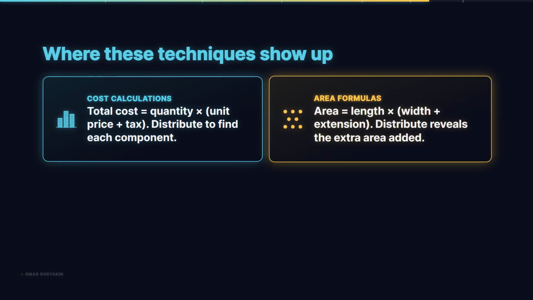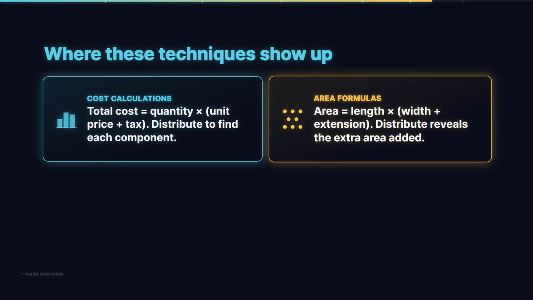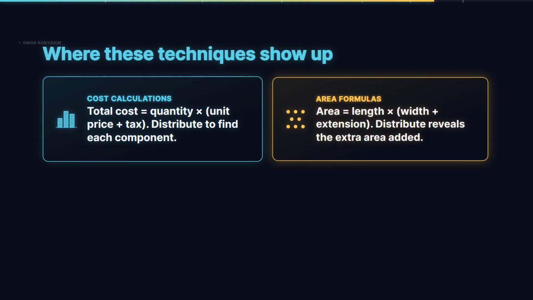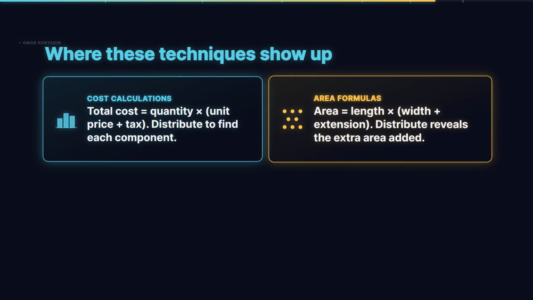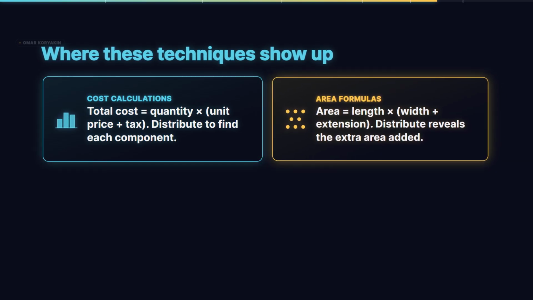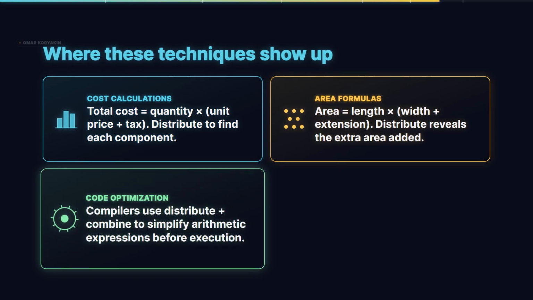Area formulas. The area of a rectangular addition to a building might be the building's length multiplied by the sum of the original width and an extension. Distributing reveals the original area term plus the extension area term, separating the new construction from the existing footprint in the formula. Code optimization. Modern